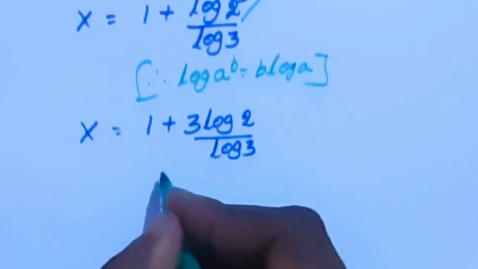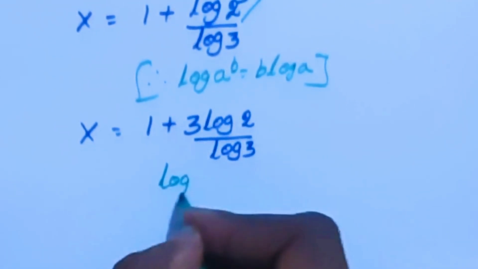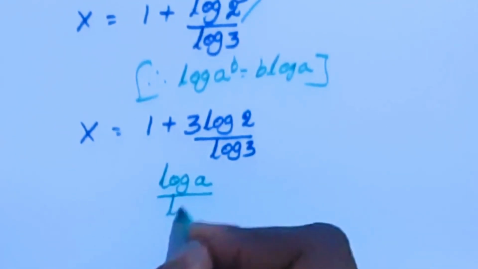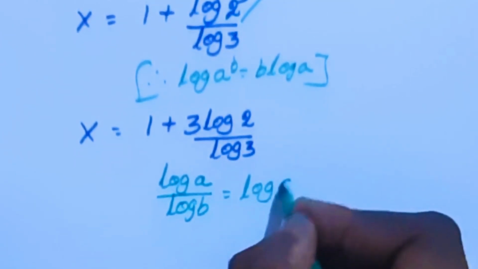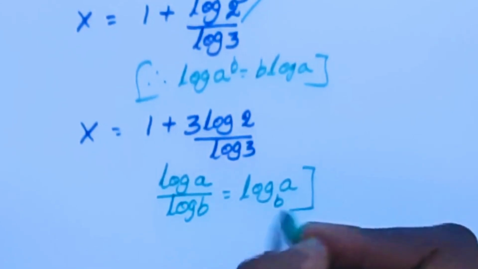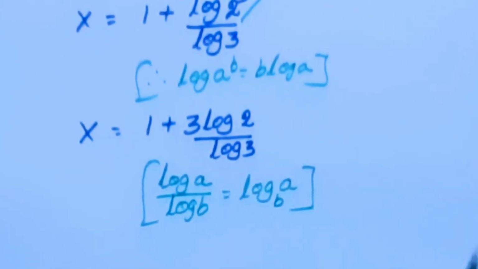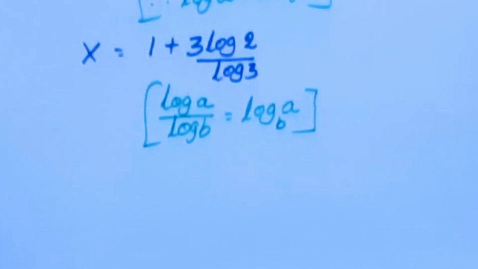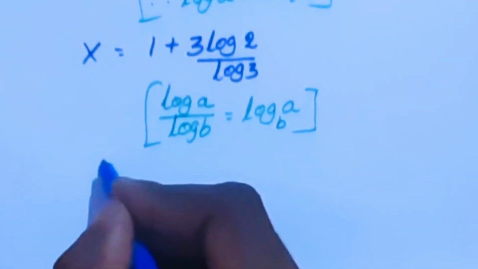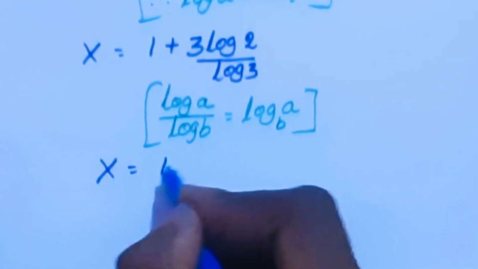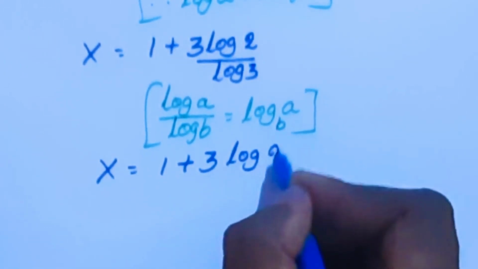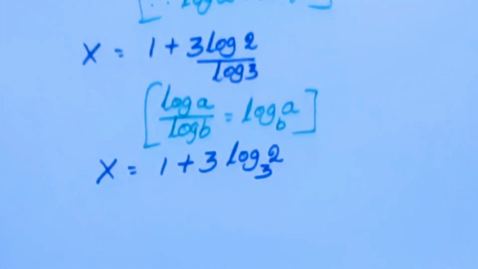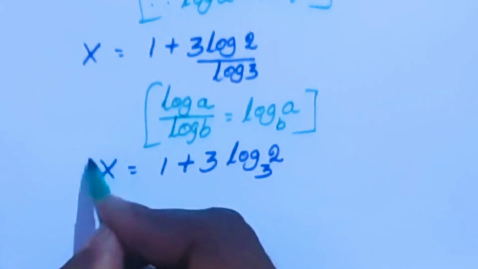Now we know this log formula, that is log a by log b equal to log a base b. This formula we are going to implement here. So we'll get x equal to 1 plus 3 log 2 base 3. This is the x value